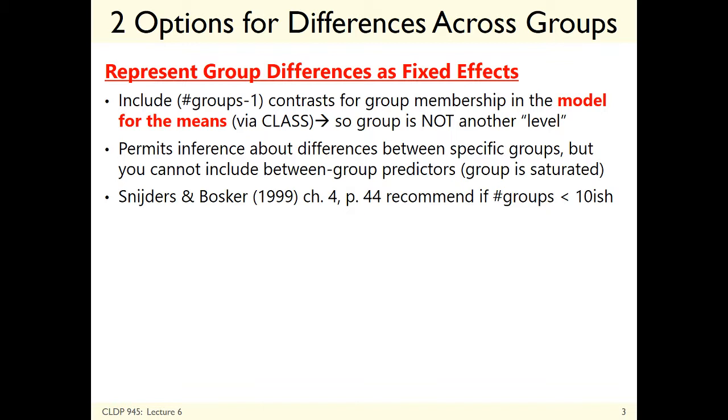So if you put in site as a class variable, meaning put it in as a grouping variable, that controls for intercept differences between groups. If you put it in as an interaction with any of your other predictors, that controls for group differences in the effect of that predictor. This is totally fine. The only drawback to this is that you can't predict what makes one site different from the other with site level information. But if you only have 5 sites, that's not going to work anyway. So this is just as well.